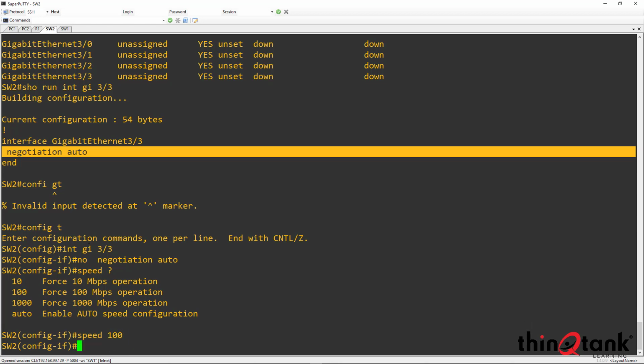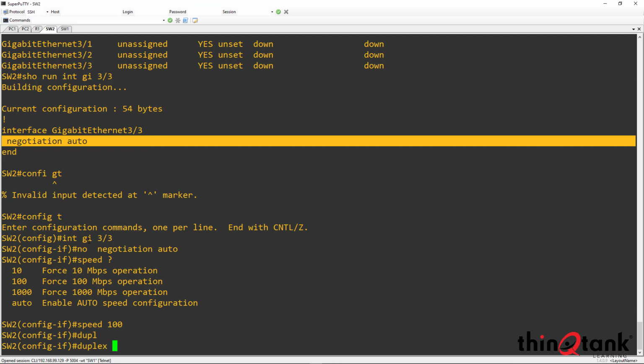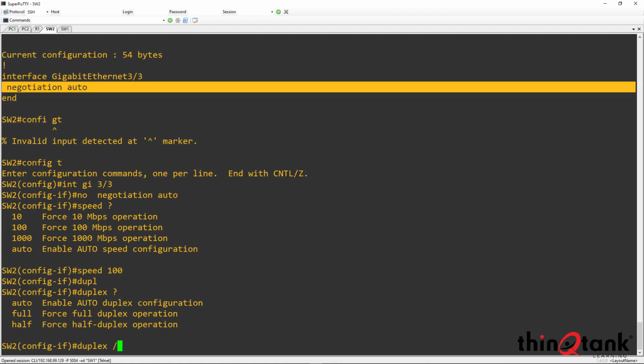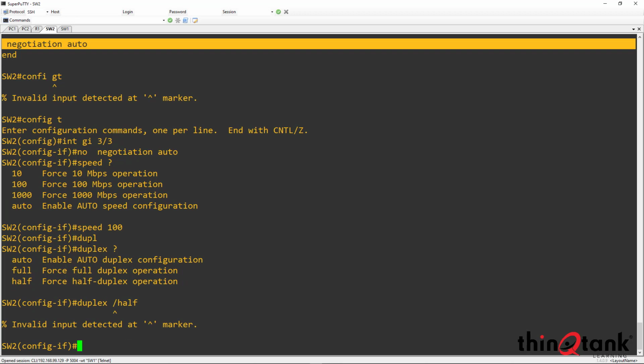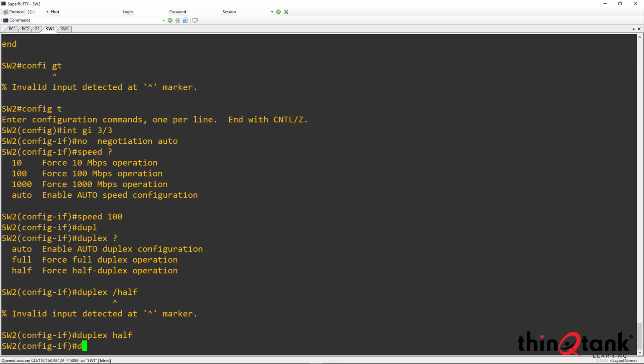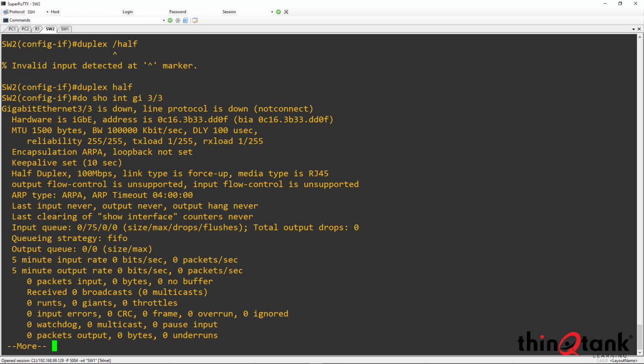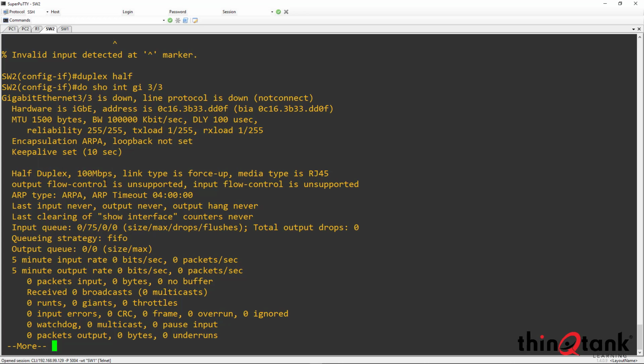So let's set the speed to 100, and then we have three options for duplex: auto, full, or half. We can set the duplex to half. Obviously, you wouldn't do this in a production environment, but now if I do show interface gig 3.3, I can see that this interface is operating in half duplex mode, 100 megabits per second, and those are the values that